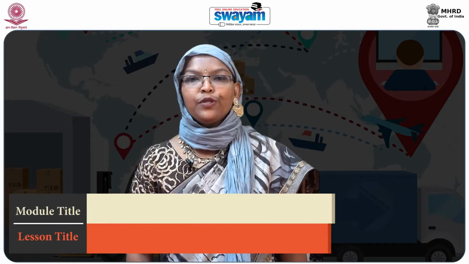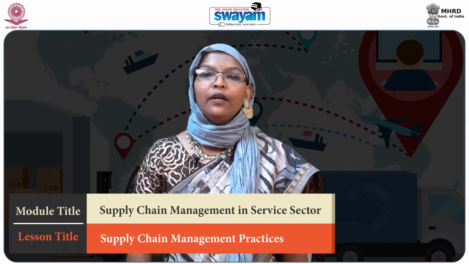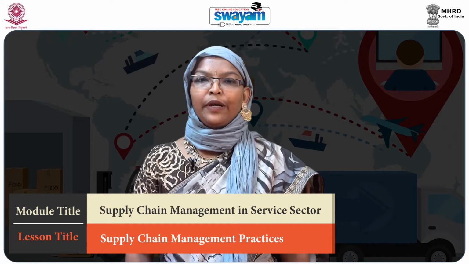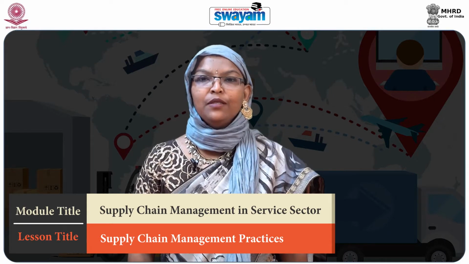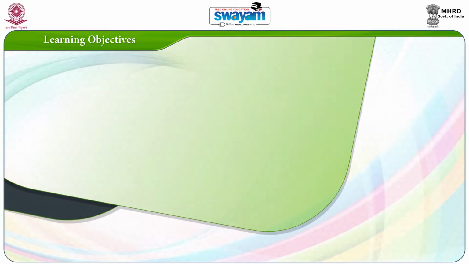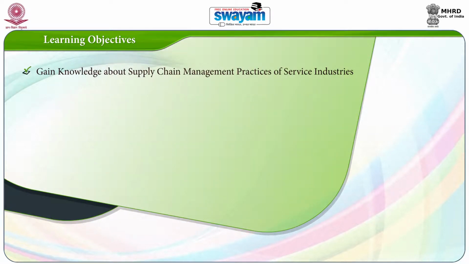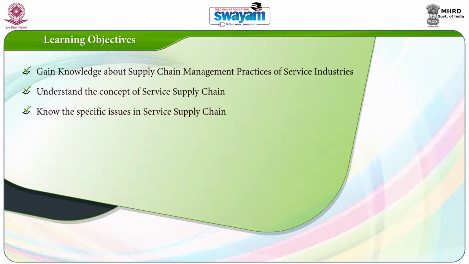Now we are going to focus on session 1, which will reach the objective of understanding the supply chain management in service industry. In this module on supply chain management in service sector, we have 5 learning objectives across: acquire knowledge on the supply chain management practices of service industry, understand the concept of service supply chain, and know the specific issues related to service supply chain, and we are going to comprehend the service quality model, and we will